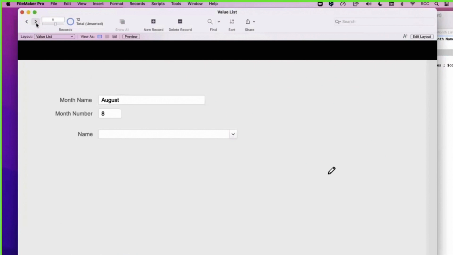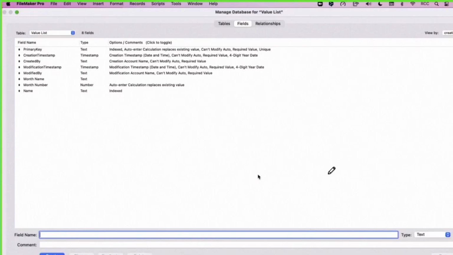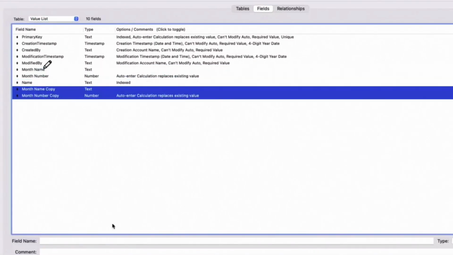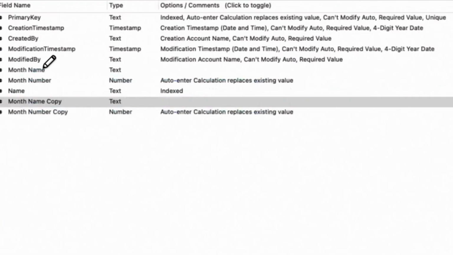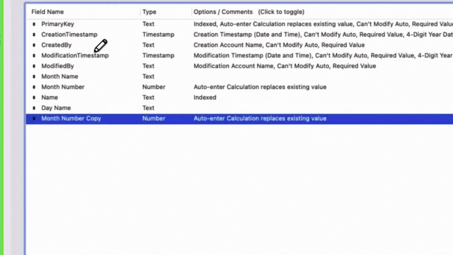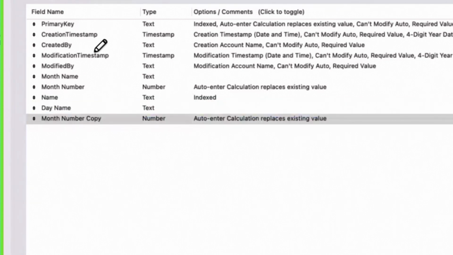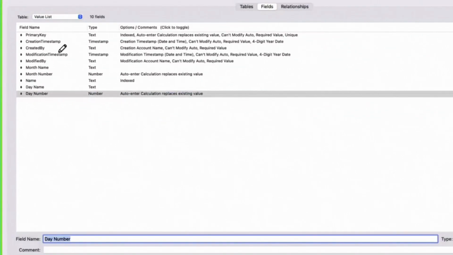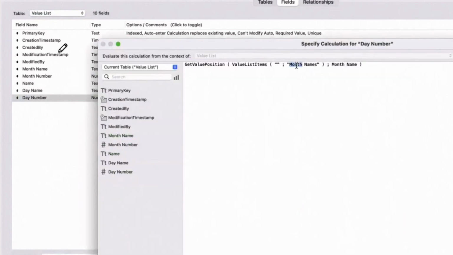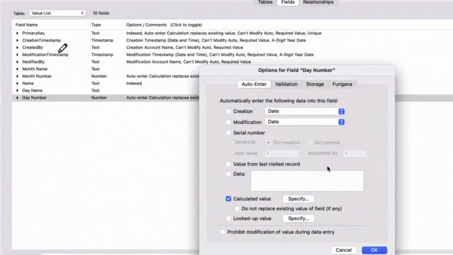Right? Of course, that works also if I duplicate this and I have the day name, that also works. I use days and months because it's easy, but you can use that for anything you want. So you change the value list name to day names, right?